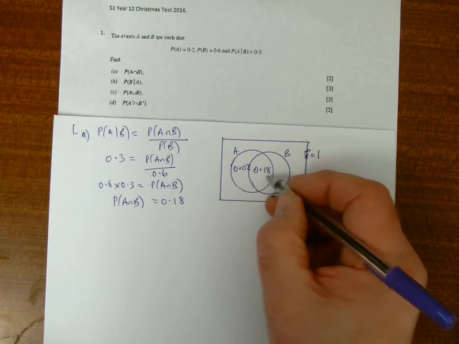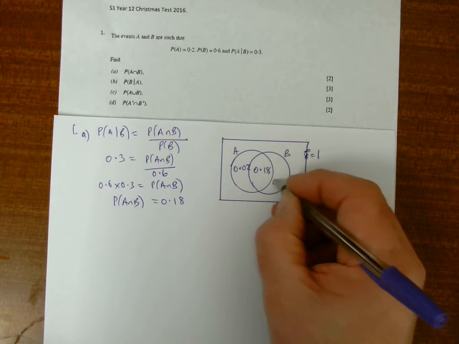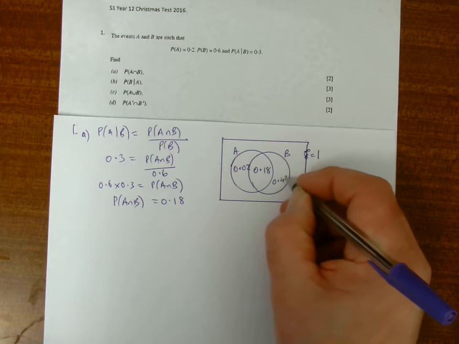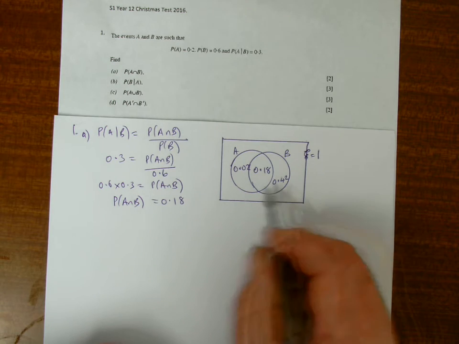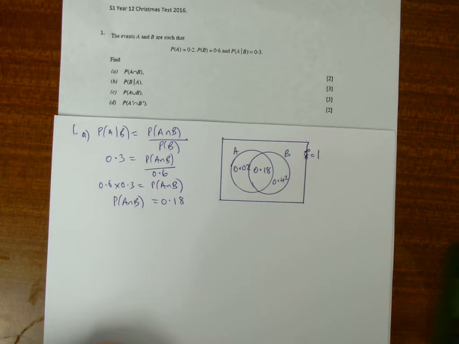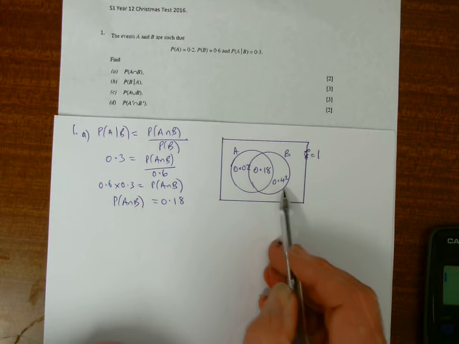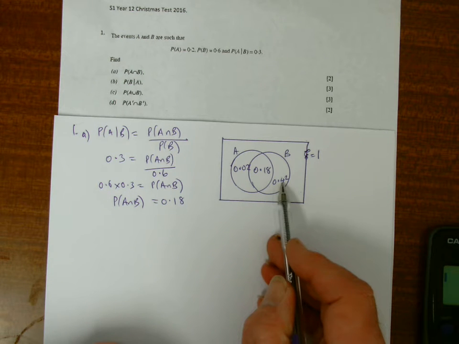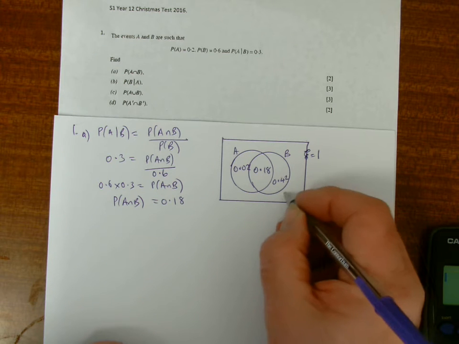I've used up 0.18, so subtract 0.18 from 0.6, and that gives me 0.42. And then to get the value outside, I add these 3 values up and take it away from 1. So 0.02 and 0.18, that's 0.2, and 0.42 is 0.62, and then take 0.62 away from 1, and that's